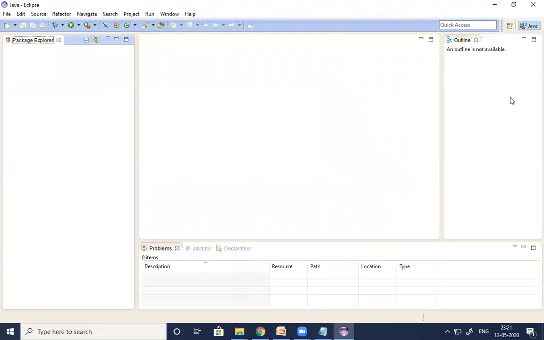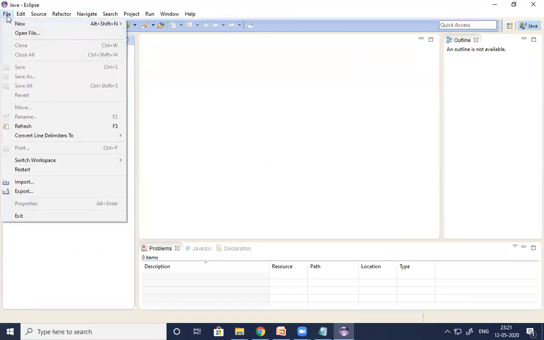It is showing everything empty because we did not create any Java project till now. Just now I opened Eclipse, so I can see everything is empty. So what to do, sir? Now, once you open Eclipse and reach the homepage, you need to create the Java project first. How to create the Java project in Eclipse? Simple, guys. You can see Package Explorer here by default. So I'm going to create the Java project now.